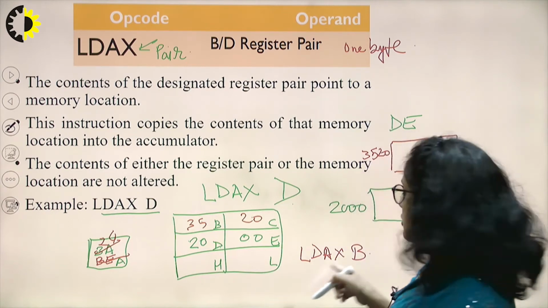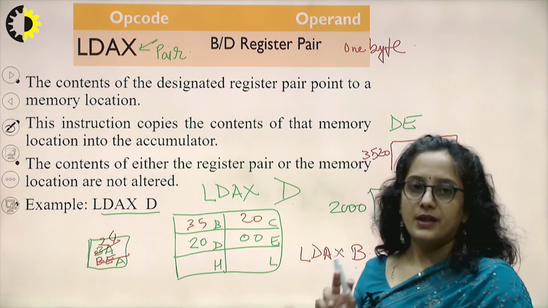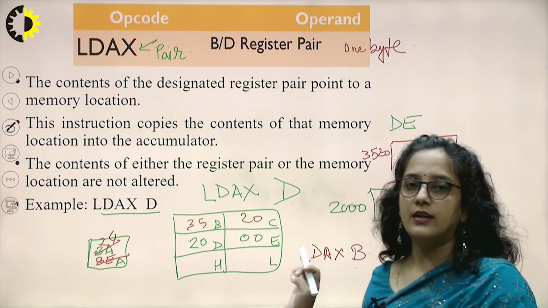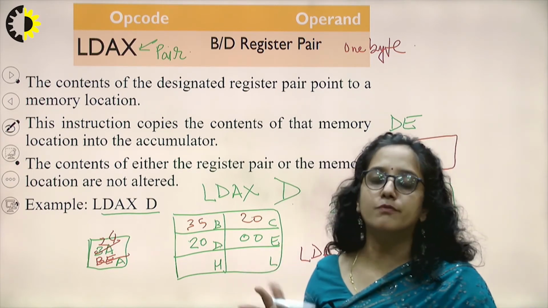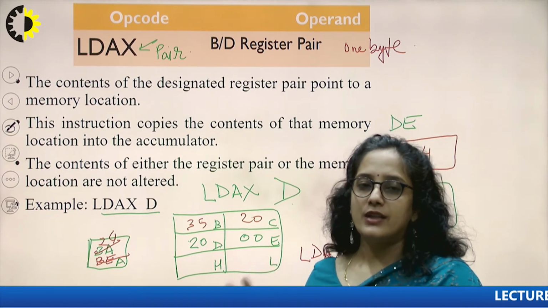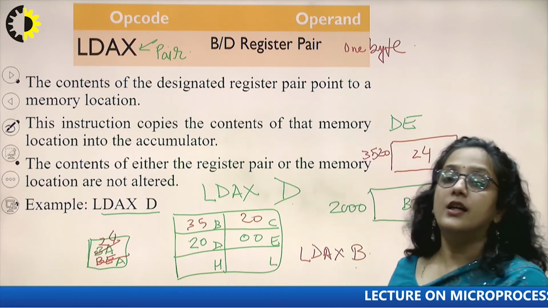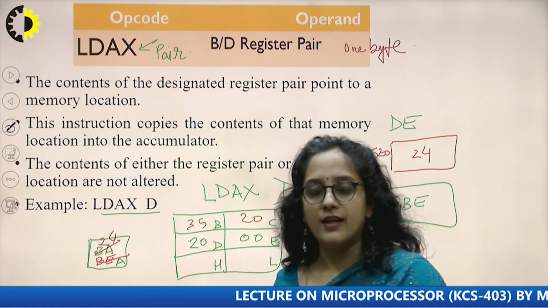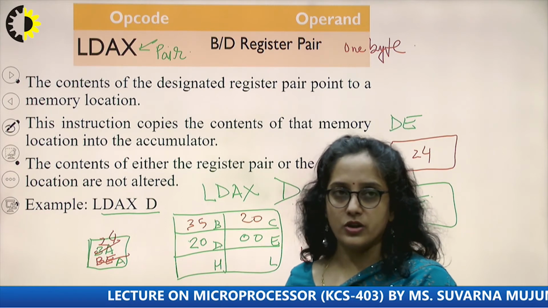So it depends on the instruction. Both these instructions are 1-byte instructions, and we will see again in the next lectures that this is indirect addressing. Here we are not specifying directly the address from where we have to read the data. We are just giving an instruction to go and check the BC register, read the data, consider it as an address, and now go to that particular address and take the data from that location.